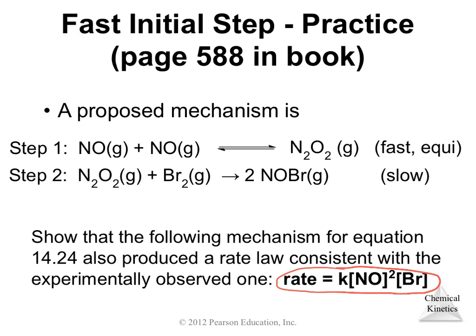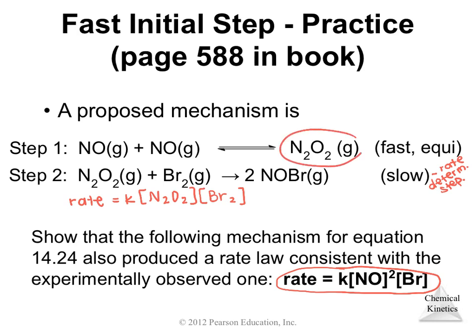So let's look at what we've got here. Our slow step is the rate determining step. So if we're just using the rate determining step and it's an elementary process, we can write the rate law from the balanced equation. So our rate is equal to k N2O2 and Br2. Okay, simple, right? Now the problem is though,